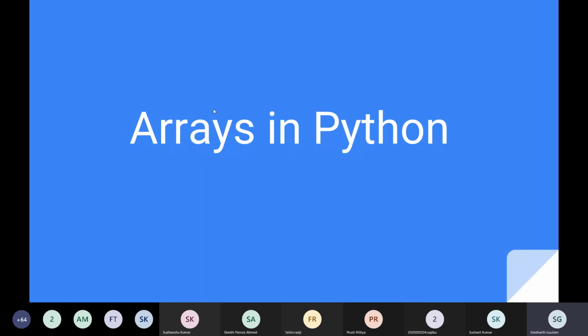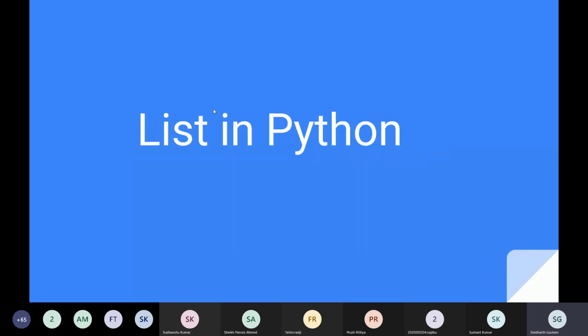All right. So I would like to start by saying that there are no arrays in Python. If you Google this, you will find an array library in Python, but it's a third-party library. What I mean by that is that some person made a third-party library and then uploaded it to the PIP organization, and you can download it from there. But that's not what we natively use in Python. What we natively use in Python is the list, which we have been studying for a long time already. So I can go over this quickly.